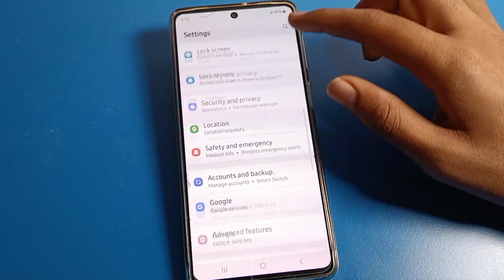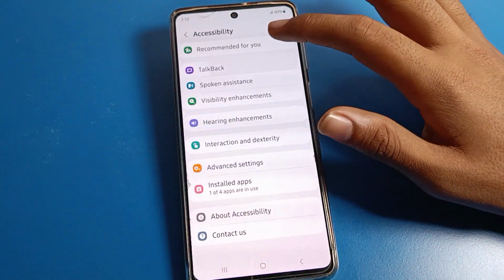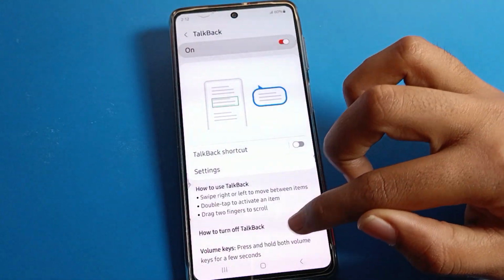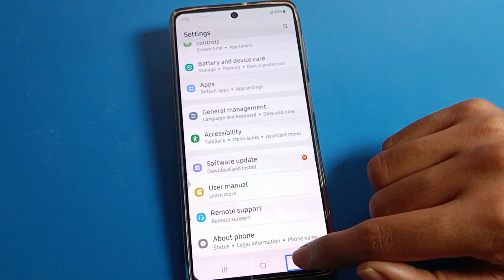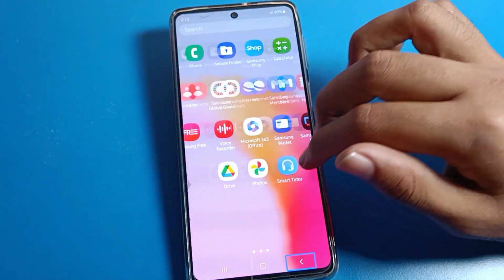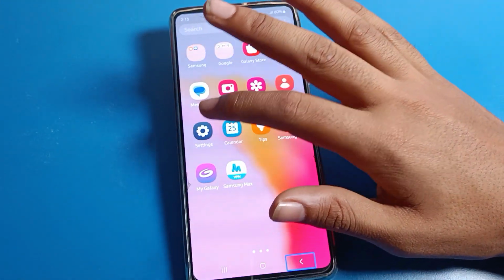And friends, you can also solve it with your search option. Now I will show you how to solve it. Here, friends, you can see the talkback setting is on. You can use double tap, one tap and double tap. You can use your phone with two fingers. Friends, click on phone settings again,